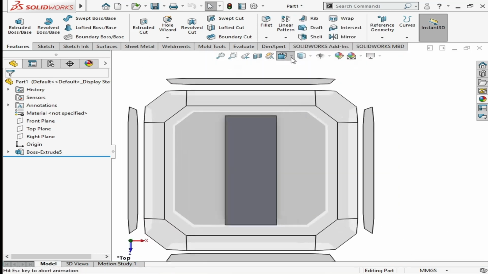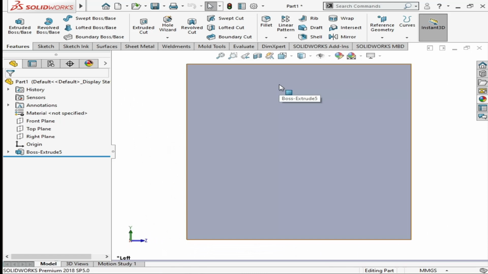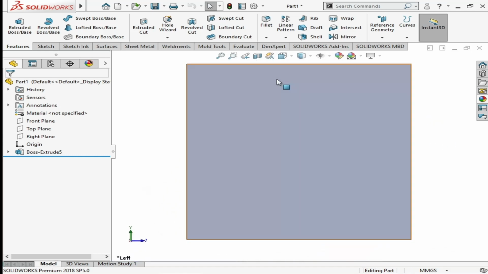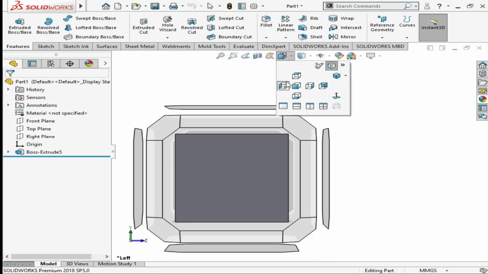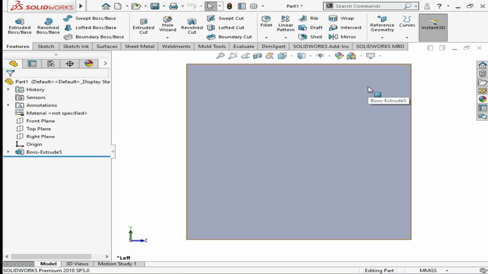After that, if you want to change the view and see it from the left, you will click left or simply click control 3. Control 5 for top, control 3 for left. And as you can see, all the shortcut keys are written here. For example, if you want the front view, you can simply click on control 1.